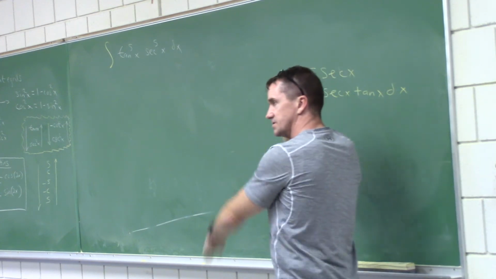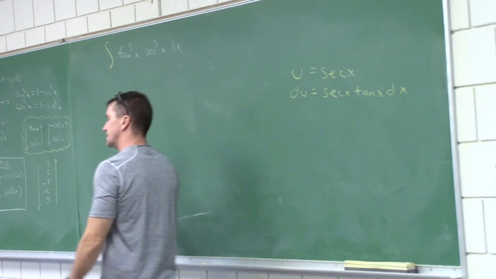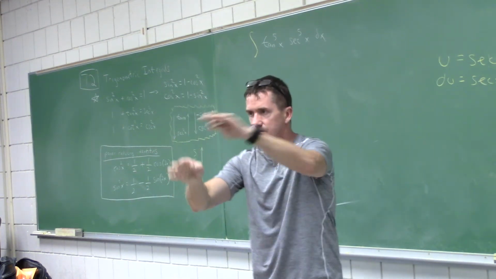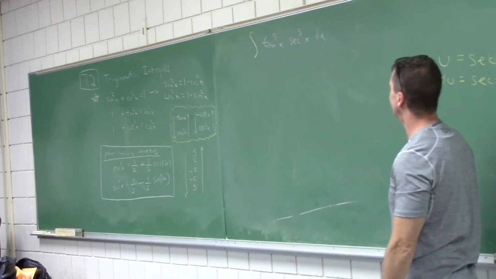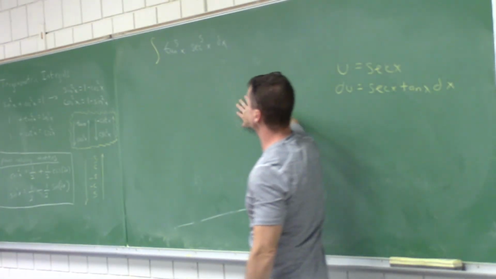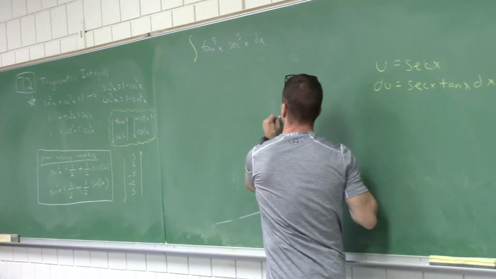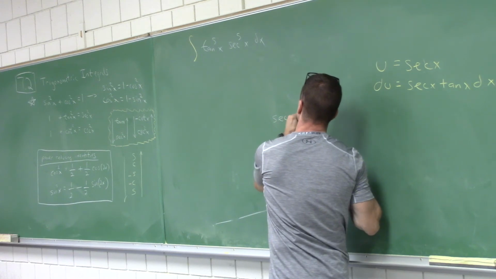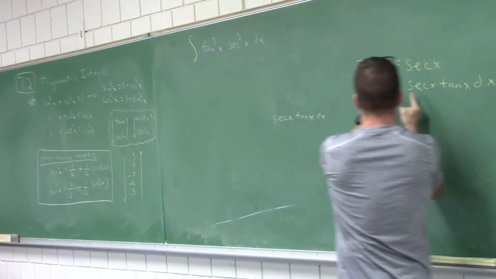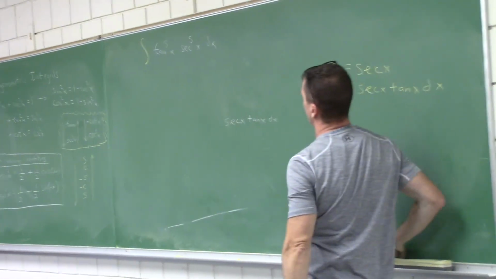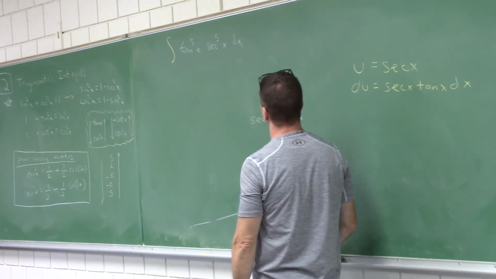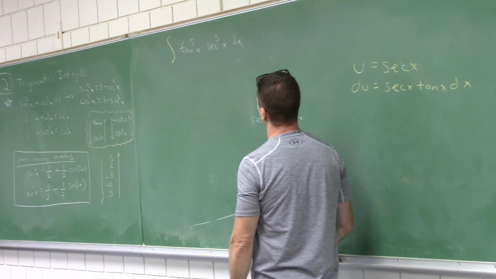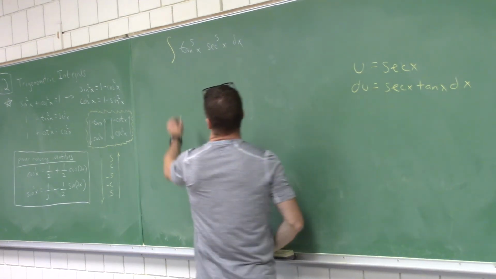Let's try that first. Can we take this thing, get a secant x, tangent x, and everything else in terms of secant, and a lonely secant x, tangent x, dx, so that you'll have that? Well, what could we do? You reduce both of those to begin with. Okay. So what you would have,